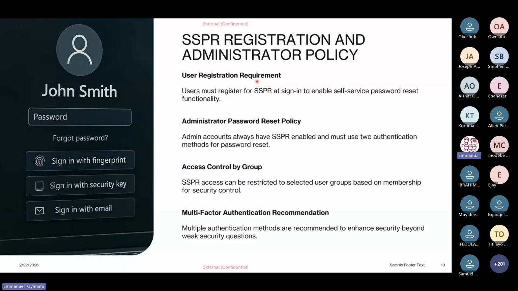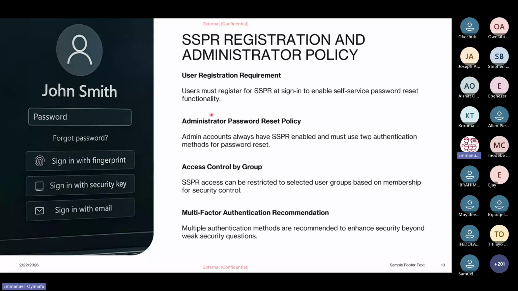Why is that registration important? Because in that registration, that is where you configure the authentication methods specified by your admin. If your admin picks 2 authentication methods as a must, then you must actually have 2. If not, you won't be able to reset your password. So we are going to look at how we can do that.